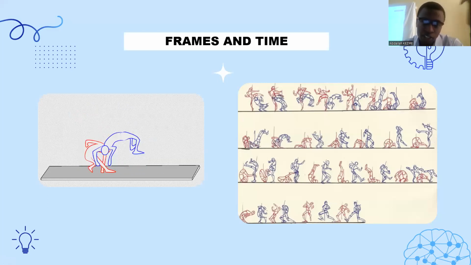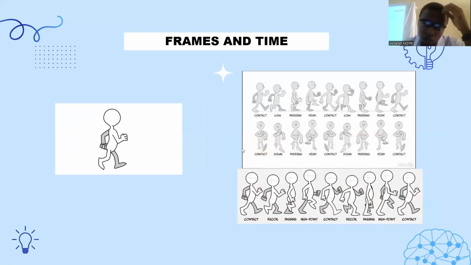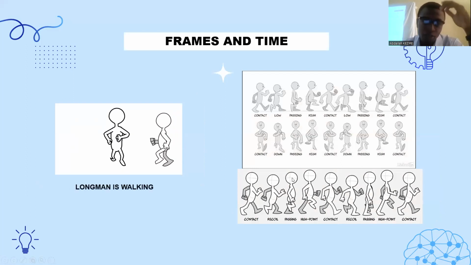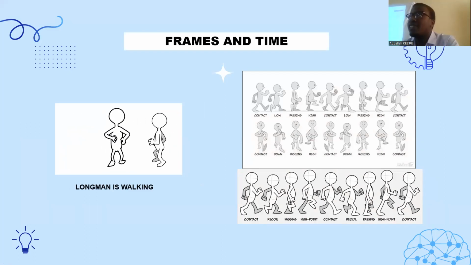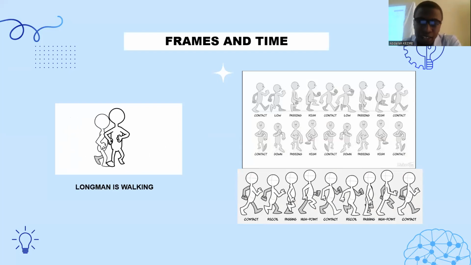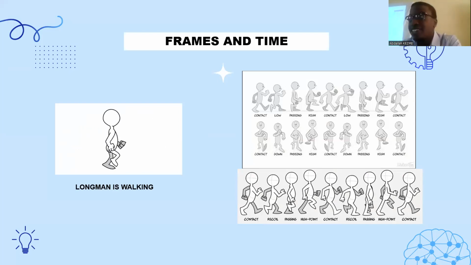Here you have another example. You have somebody walking, and here you have the decomposition of his movements, and all of them put together will give you the illusion that the guy is actually walking. I hope you really understand what I'm talking about when I say succession of images. That is the traditional concept of animation.